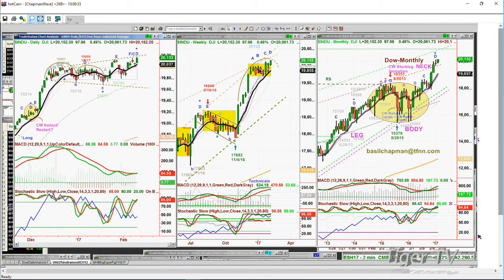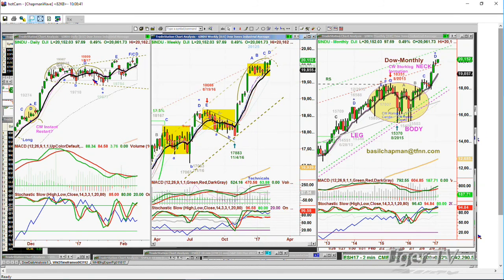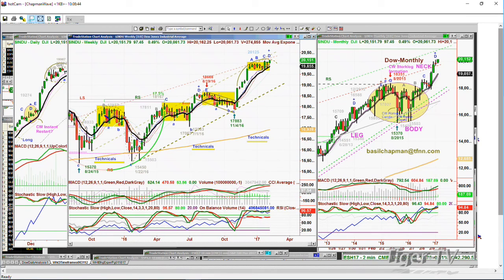The weekly has gone very quickly from an A to a B to a C to a leg D. I'm always a little nervous about that. Let me go back here. Remember this? I said these yellow rectangles pertained to the stochastic running very nicely above 80% to the 90-something percent level, and then failed. And that I was anticipating, just like the Chapman wave falling axe starts to make quicker and quicker moves to the upside, we'll get to that in a moment,